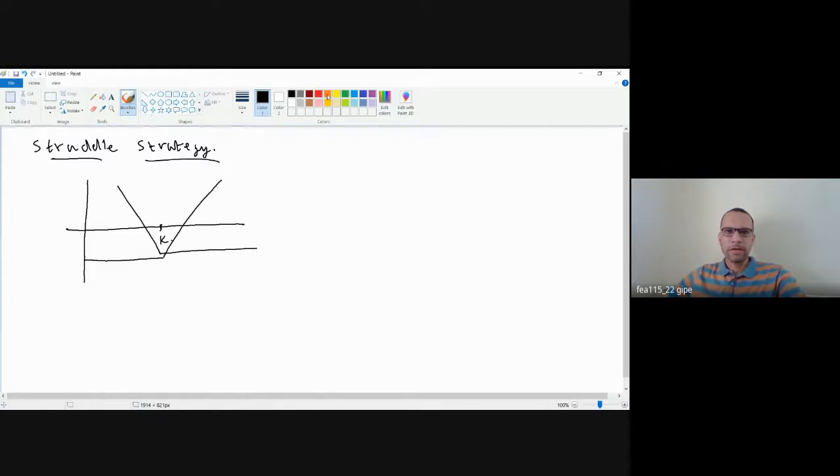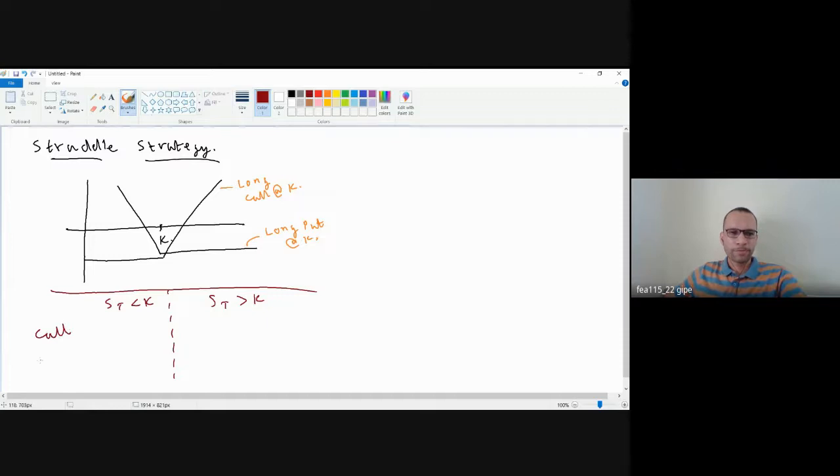So I have a long call at K. Now I don't need a K1 and K2, right? I just have one single K. And this is a long put at K. Now here the payoff diagram is also easy, and the payoff equations are also easy because it's just one single cutoff which you're trying to analyze. So we have ST less than K, ST greater than K,